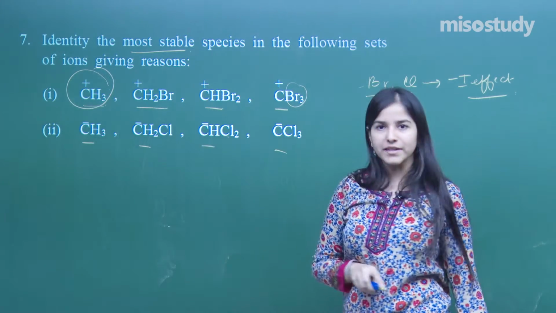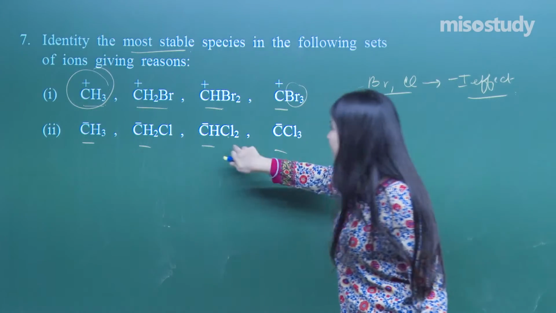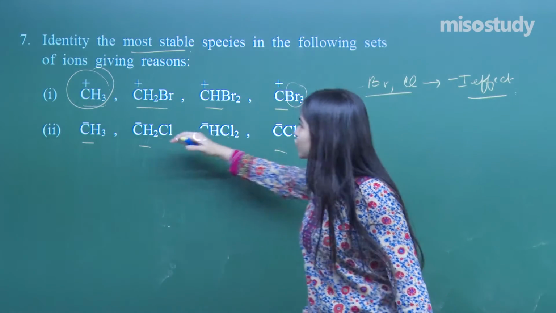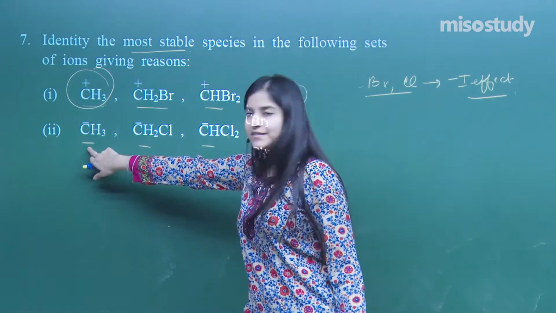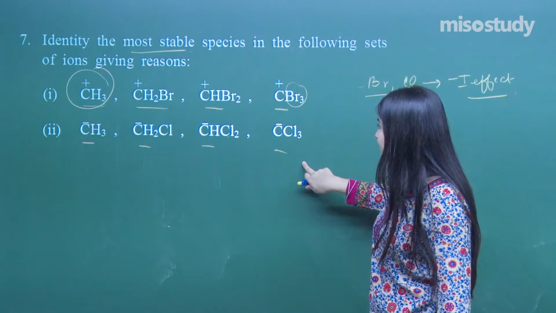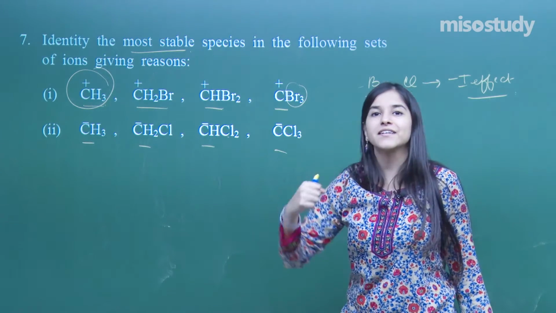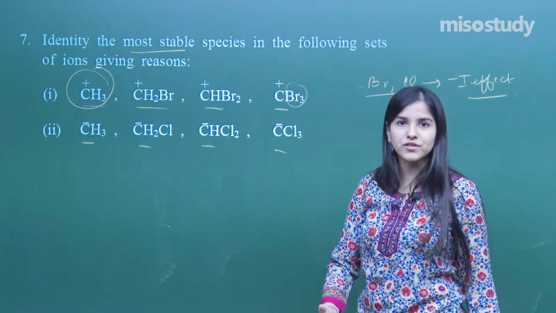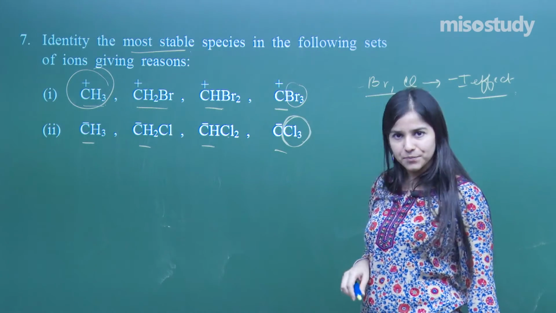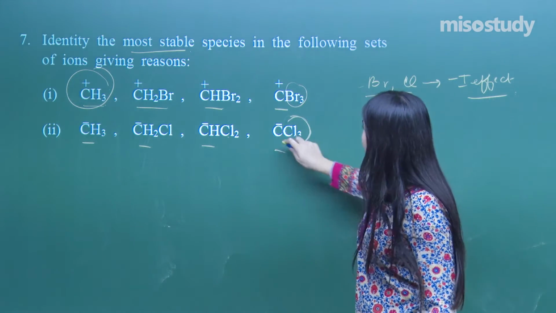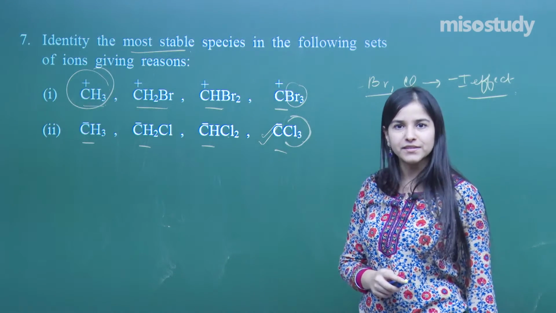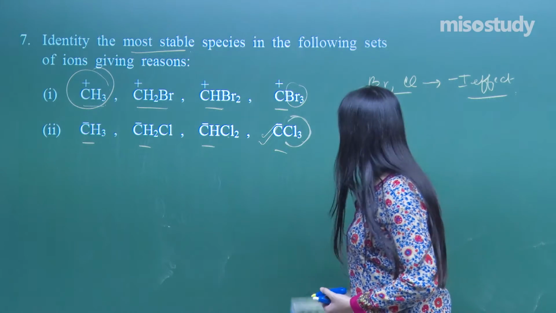If I talk about the next one, all of the carbons are given negative charges. I should have an attracting group. I have got so many attracting groups, but not in this case. So this is the least stable over here. So what I need is a species which will be attracting these negative charges, making it neutral. So the more the number of minus I effects, the more stable will be the species, yes? And thereby, this particular species is the most stable out of the 4. Clear? So let's move on further.